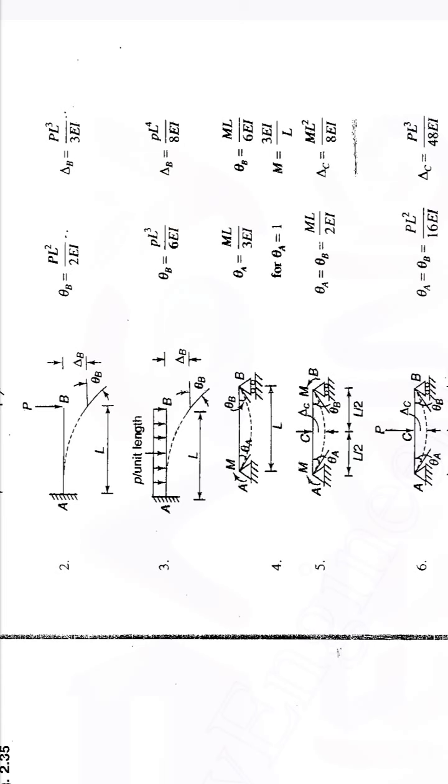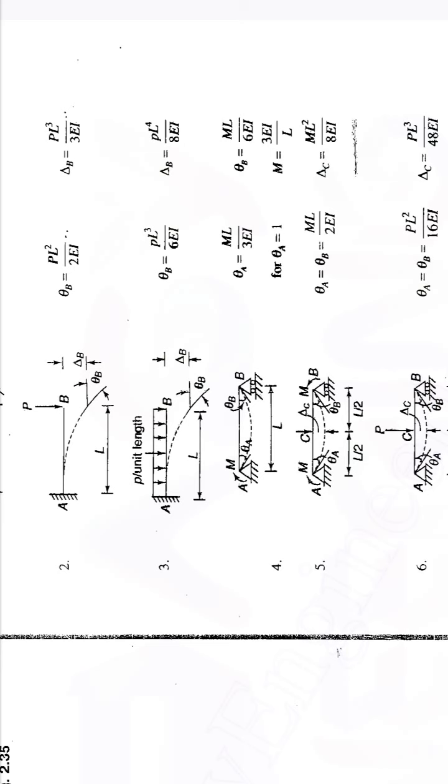For theta equals 1, M equals 3EI by L. Here you may have a doubt about when to take the value of M as 3EI by L and 4EI by L. 3EI by L is considered when the near end support is hinged and the far end support is a roller condition. Here the far end condition is roller, so we take M as 3EI by L, and theta a is equal to